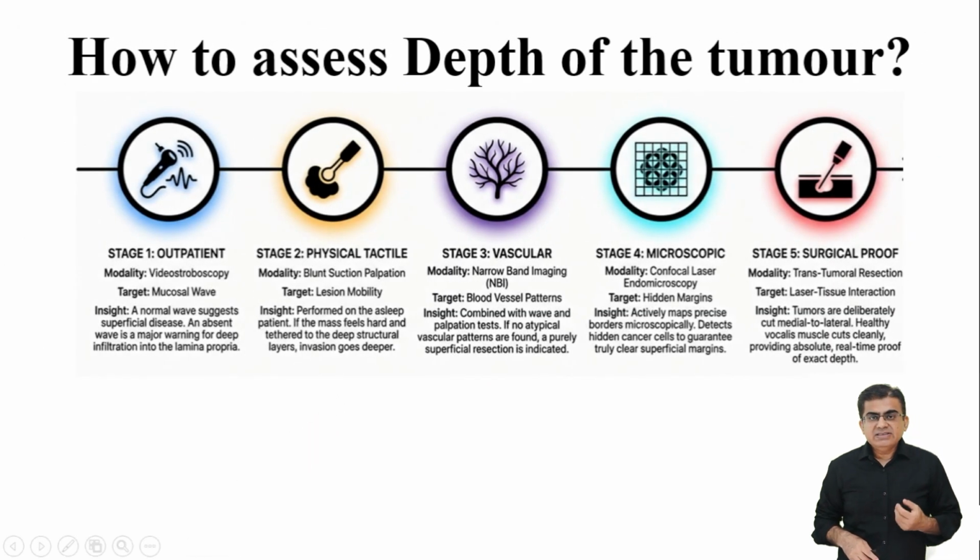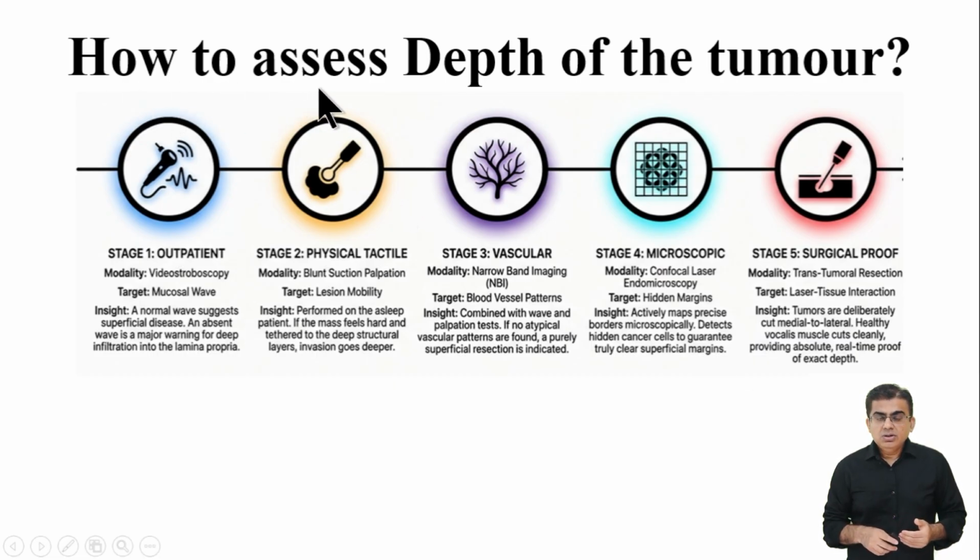Vocal cord tumors are very small tumors. We need to confidently decide how deep the laser resection needs to go to clear the cancer while safely preserving as much healthy vocal cord tissue as possible. Let us look at the various methods for assessing the exact depth of the tumor. There are 5 methods. We do not simply pick one method. Instead, we combine